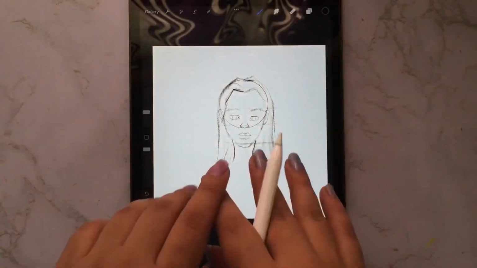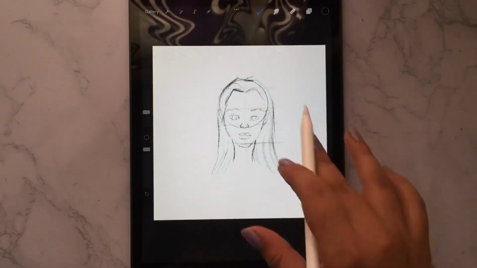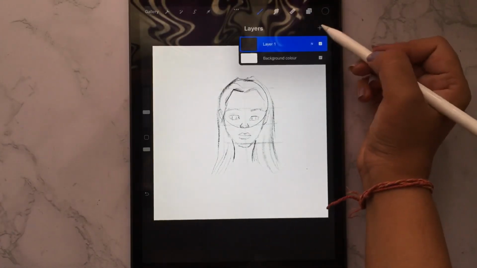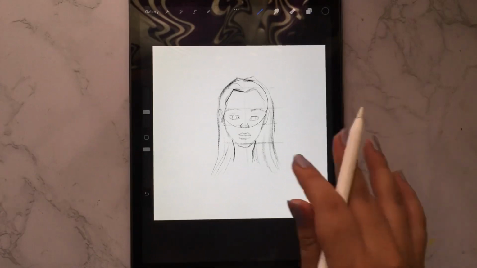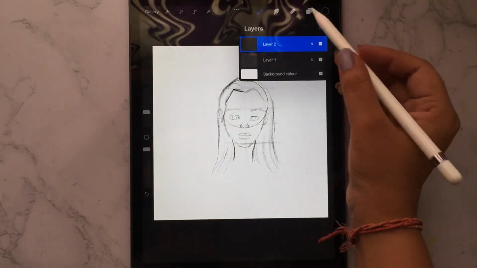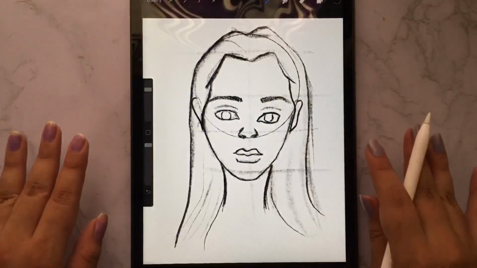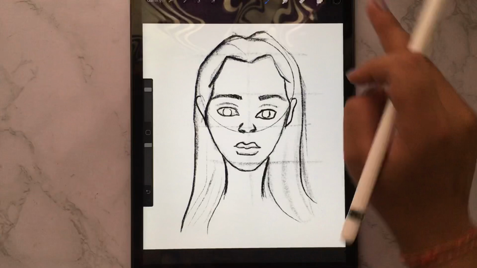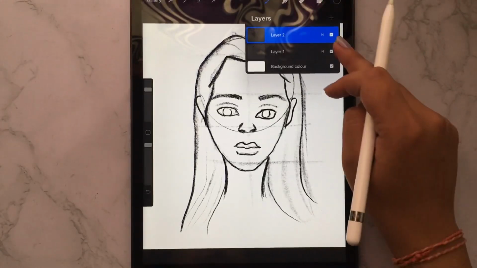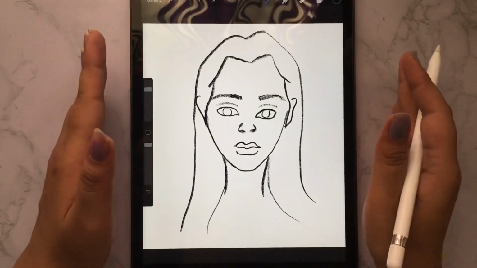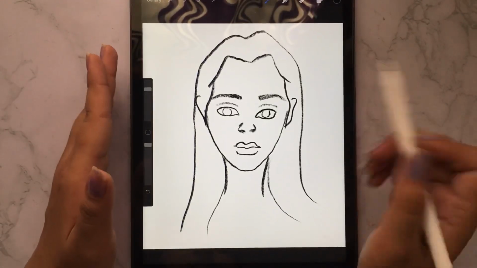So like this you can draw a rough outline of the sketch, and then you have to select another layer and draw the complete outline on this, or the finished outline on the second layer. Now you can see I have done the finished outline on the second layer. Then you can unhide the first layer if you want, and you can see a clean portrait over here, the outline.